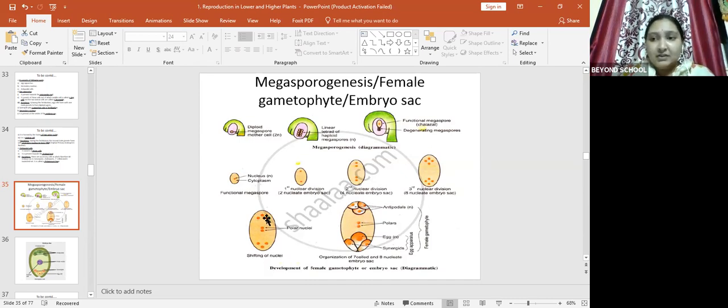So from upper where there were 4, from chalazal end one has traveled in between, and from lower at a micropylar end one has traveled in between, we call it polar nuclei. And these polar nuclei further are going to get fused and therefore become a secondary nucleus, जो कि हमारा second male gamete है, उस secondary nucleus के साथ जाके fused होता है और बनाता है triploid primary endosperm nucleus. Okay dear. लेकिन सॉरी, यहाँ पे शिफ्टिंग ऑफ द न्यूक्लियस कैरी आउट है, अभी के लिए हमें सिर्फ पोलर न्यूक्लियाई मिले हैं,